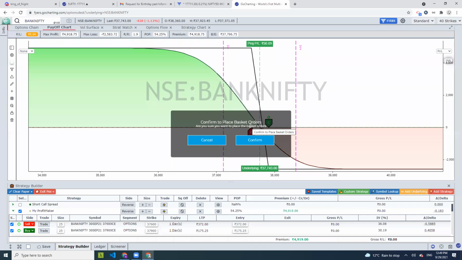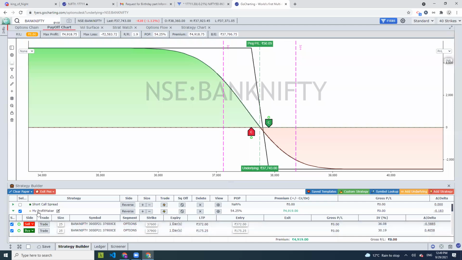When I place a basket trade, basically it is going to place a market order on all of these legs underneath your particular strategy. Okay, now what happens is, when you place these orders, right, we want to optimize the margin position. So what the algorithm will do is, it will automatically first push the buy orders, all the buy legs, and then it will prioritize the sell legs. So all the buy legs will get bunched together and will be pushed first to the exchange, and then all the sell legs. This will allow you to optimize your margin position. Okay, so that's what the basket trade does.